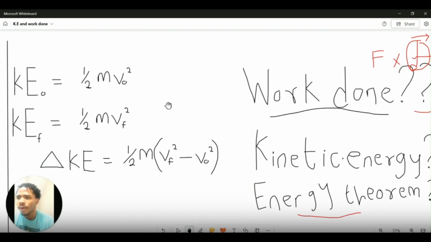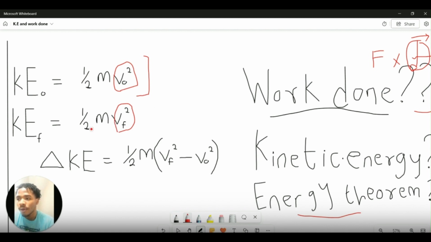First of all, the kinetic energy possessed by this body at the initial position is given by half m v0 squared, where v0 stands for the initial velocity of the object. And the final kinetic energy will be half m vf squared, where vf is the final velocity of